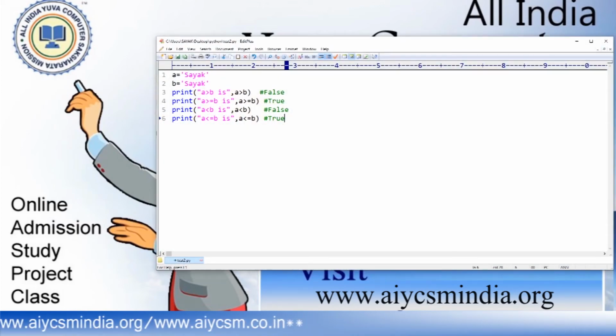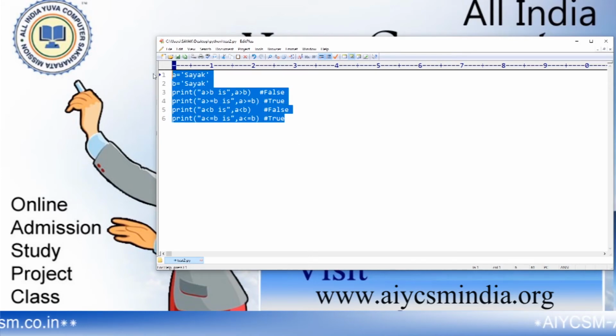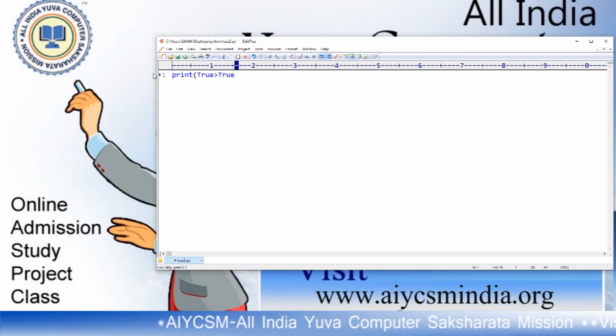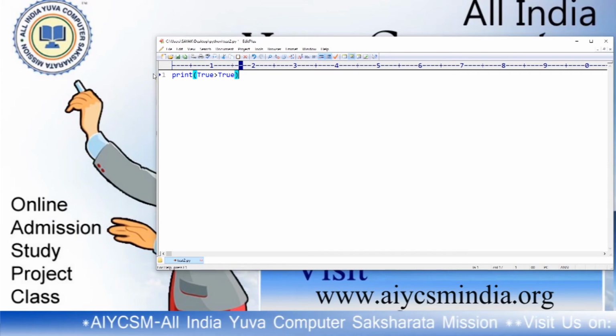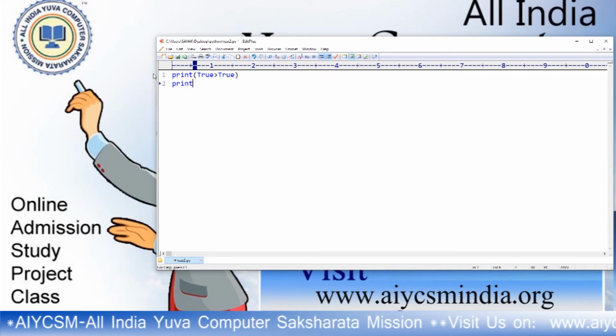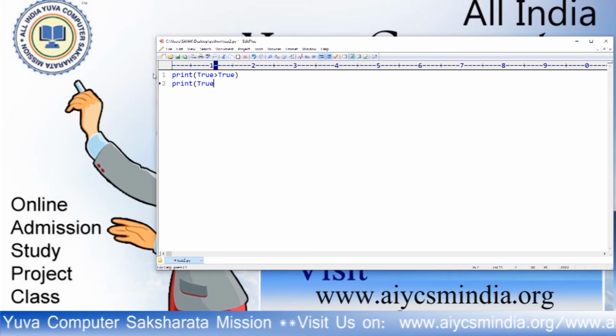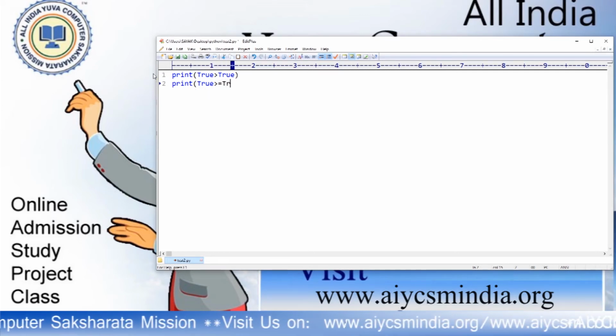Now we have to use another example. If I want to print true greater than true, what will be the output? If I want to print true greater than or equal to true, what will be the output?